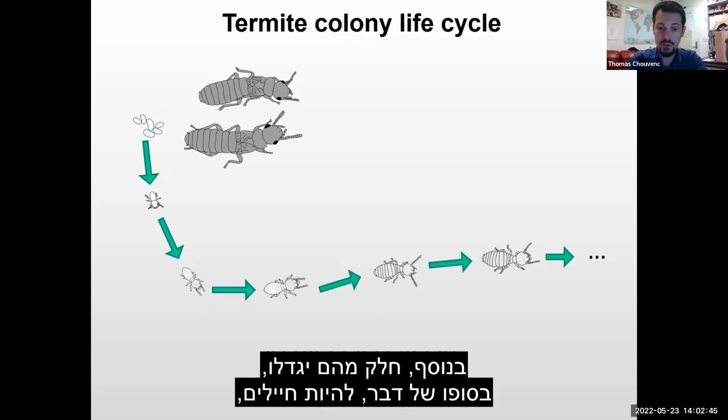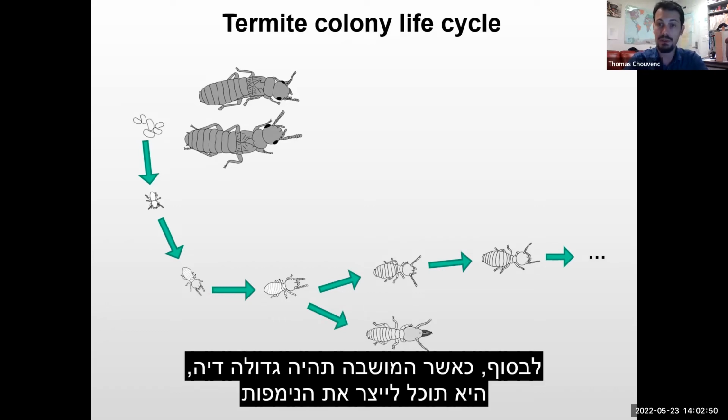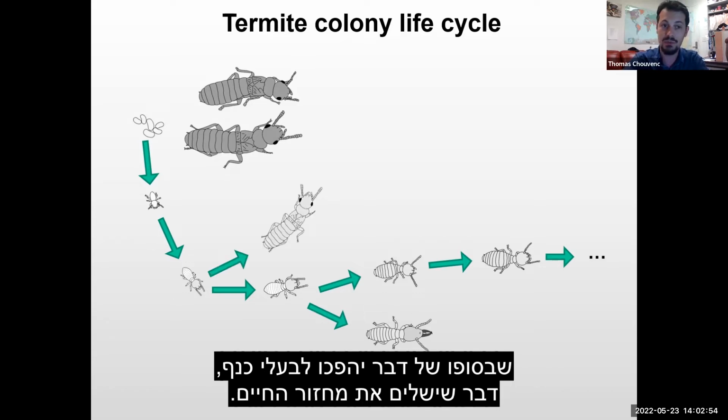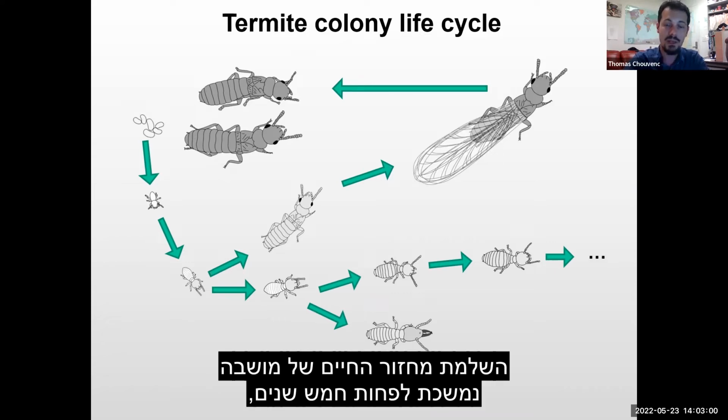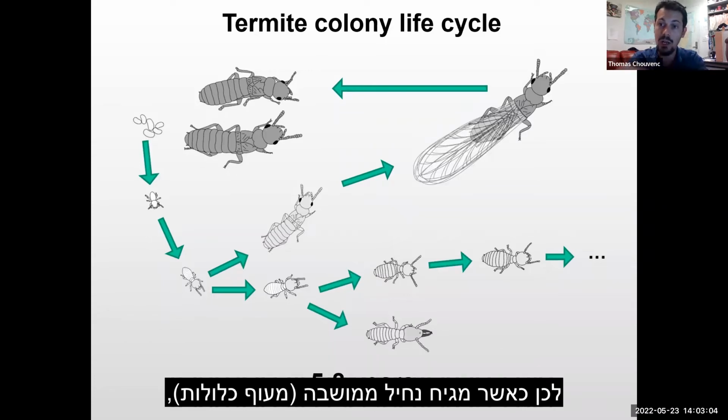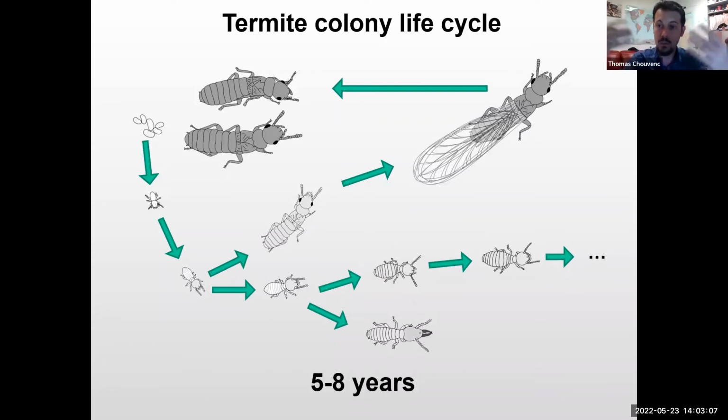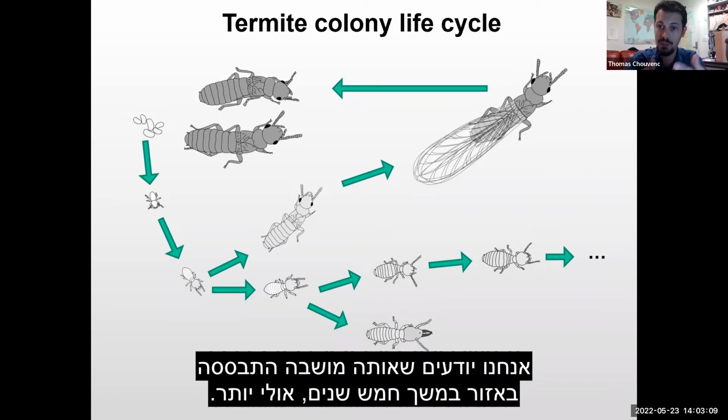Also, some individuals eventually grow into soldiers. And finally, when the colony is big enough, it can produce the nymphs, which will turn into winged individuals, which completes the life cycle. This takes at least 5 years for a colony to complete its life cycle. So when a colony is swarming, we know that the colony has been established in the area for at least